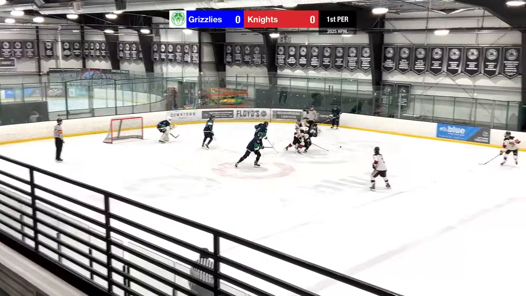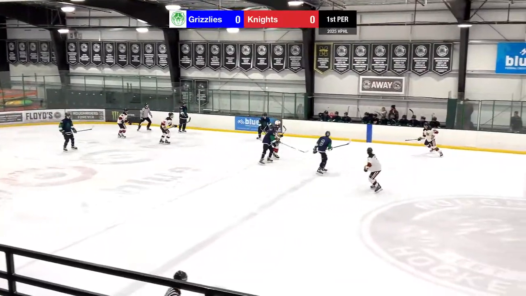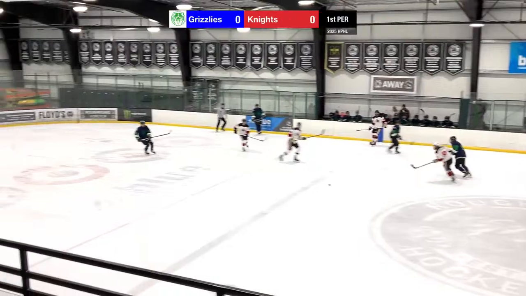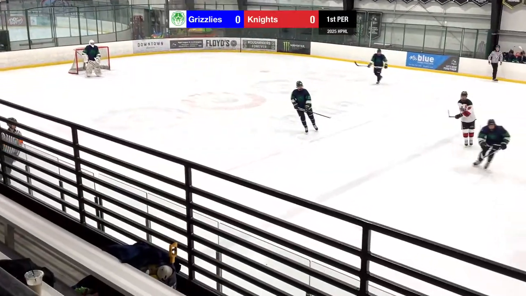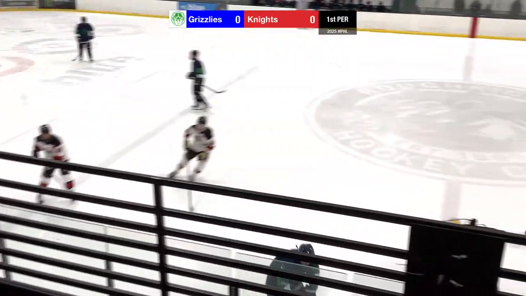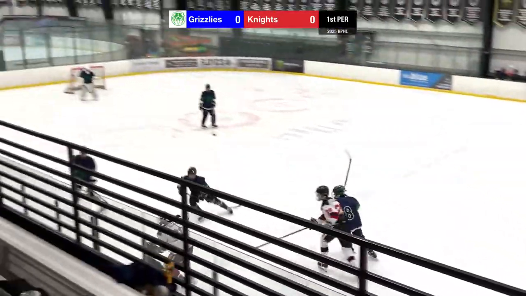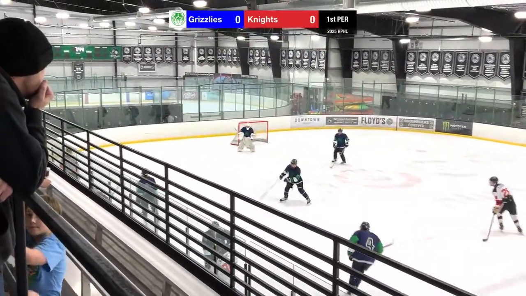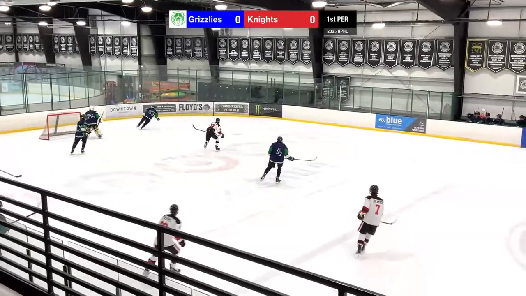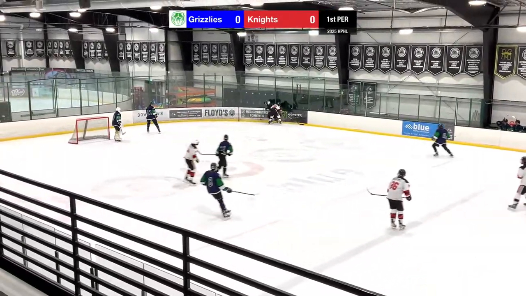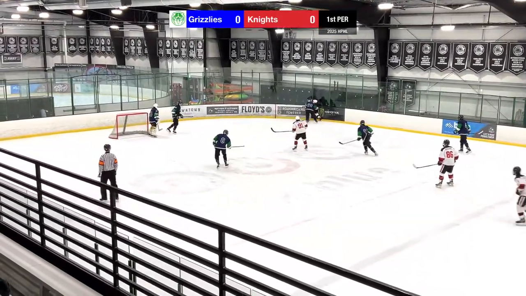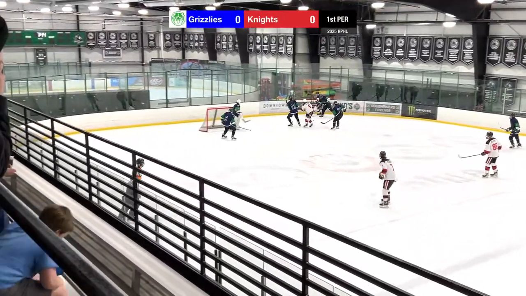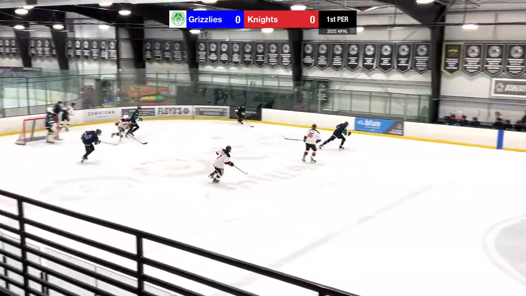Bunger here. Bunger tries to go forward. Bunger gets hooked. How's that? No call there by the ref. He was staring at him. Boulder player had his stick up in Oliver's armpit. Dragged him down from behind. No call. Tipped away from the goalie. Hogan here. Hogan has pressure applied to him. Hogan loses that battle. Bunger comes in and cleans up.